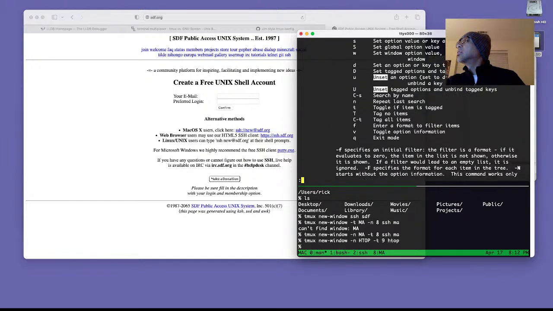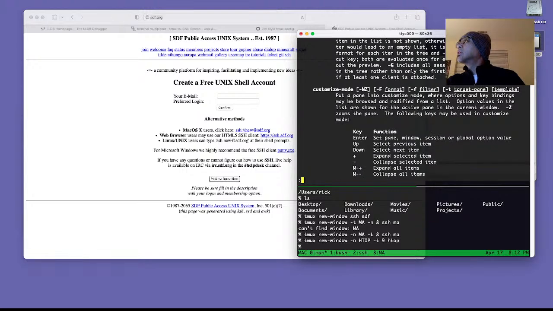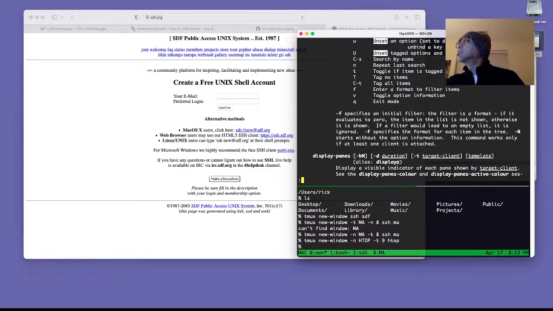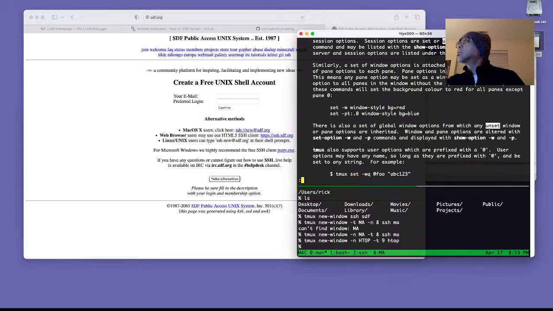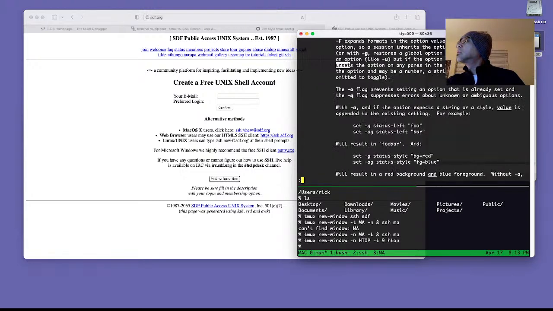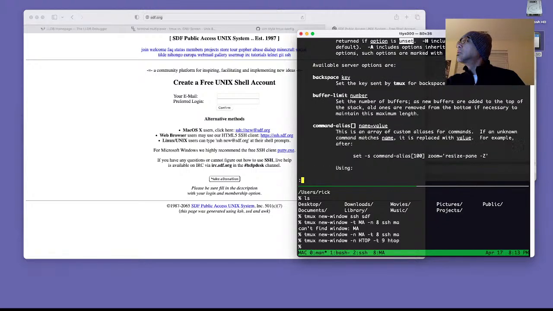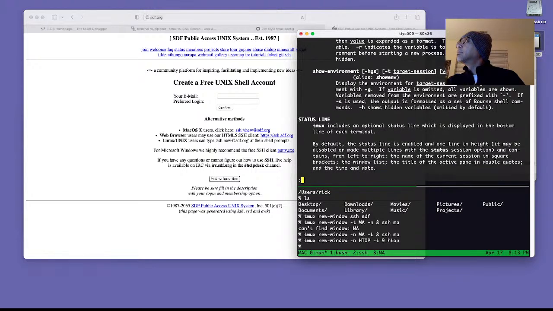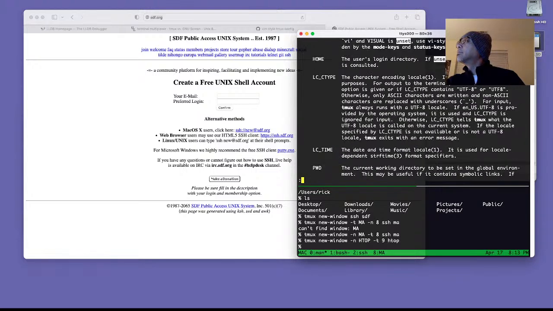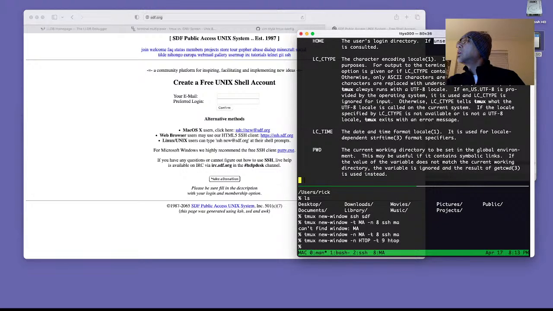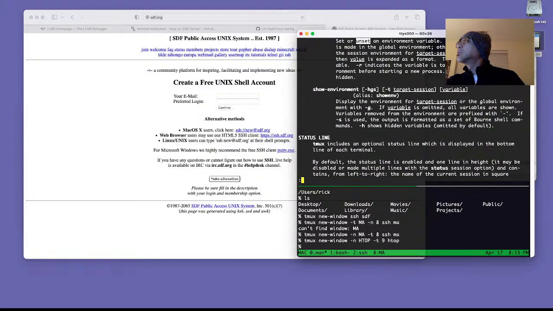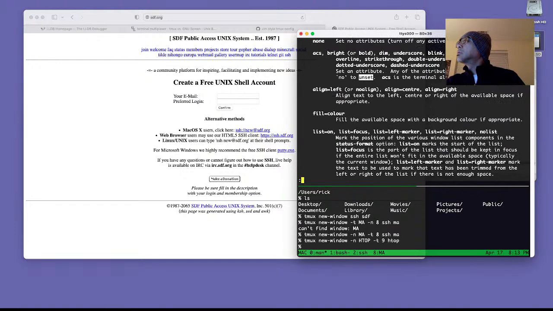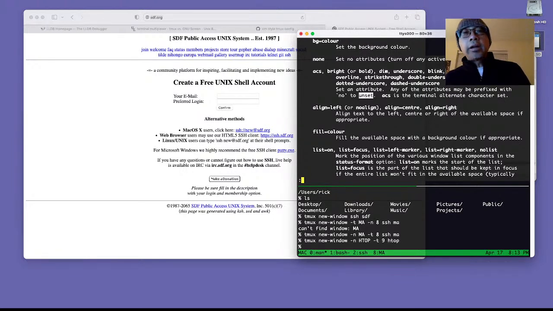Yeah, so if I do customize mode, I don't know about this. So I don't know how to turn off